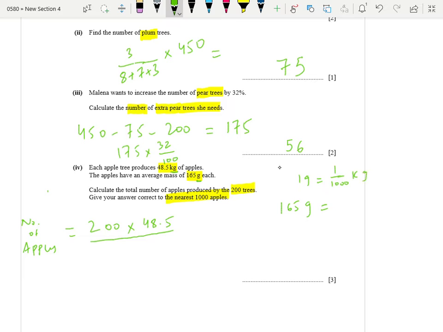You just have to divide by 1000 to get 0.165 kg. You could do that by shifting the decimal 3 digits backward. So 0.165 in the denominator. That was the only catch here, because most students would put 165 without noticing the difference in units. And this gives me